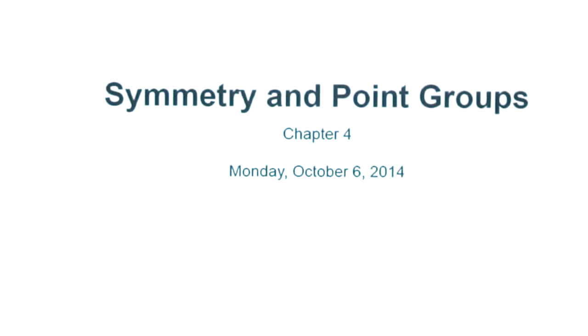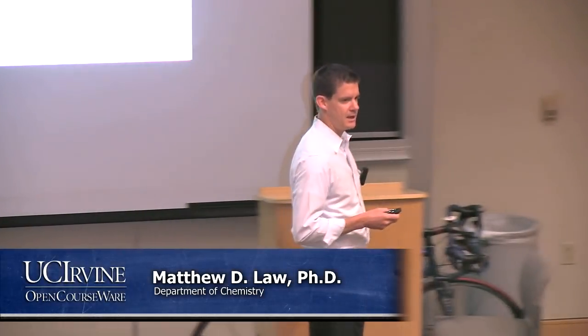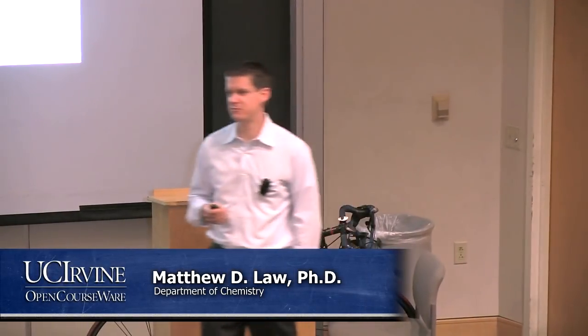So we started on Friday talking about the elements of symmetry, the beginnings of our discussion on symmetry, chapter 4. We talked about symmetry elements and symmetry operations, and we built up the full list of symmetry operations for a non-molecular example, in that case a snowflake, right, which had six-fold symmetry. What we want to do today is start by using a molecular example, and then we're going to jump into our discussion of point groups.